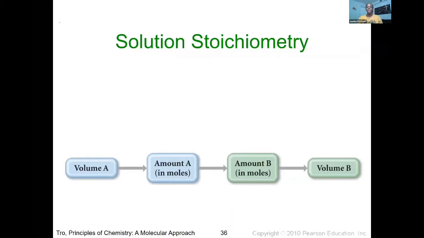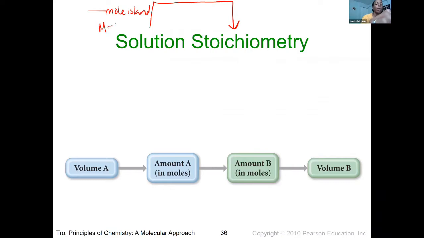If you recall back to when I introduced the mole bridge idea, we discussed how we have this bridge and our first point of action is to get to moles. What we previously said was that we would use mole island as a means to get to and from moles. That's using the molar mass as well as Avogadro's number. Well, now that we know how to quantify the amount of substance found in a solution through those molarity calculations, our molarity formula also becomes another way that we can get to moles first